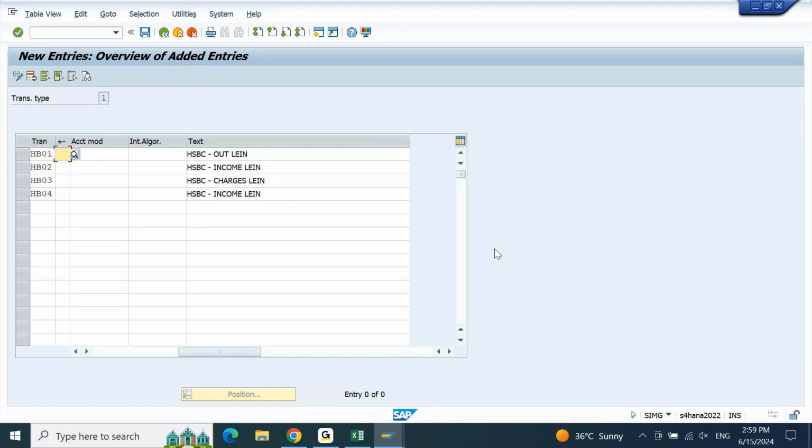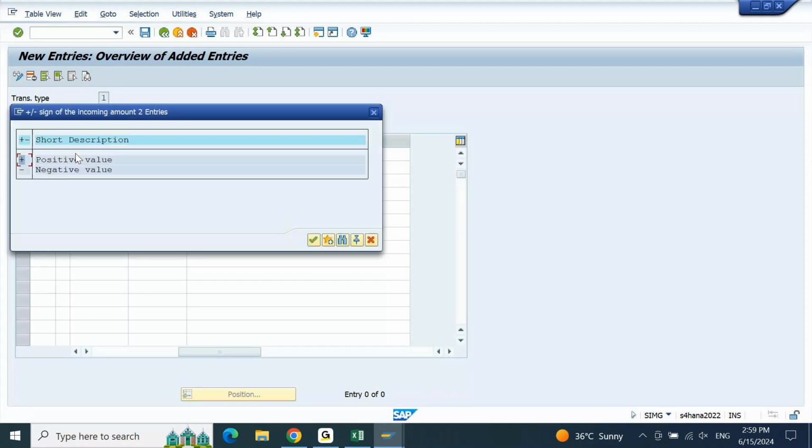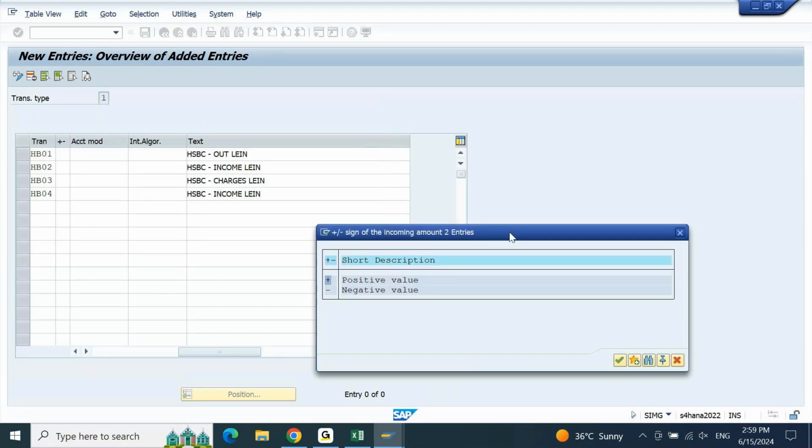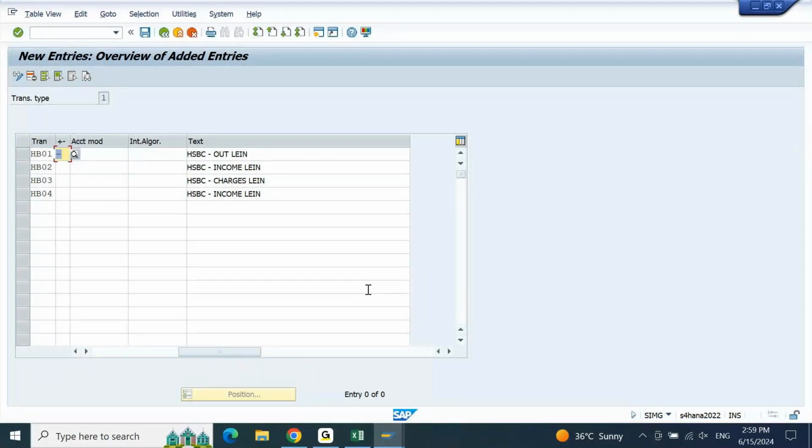Now, as we discussed, it is going to be represented with the help of plus and minus only. Whenever you are talking about outgoing, if you open the drop down, your outgoing amount is always a negative value because outgoing will reduce the bank account balance. Any amount which is reducing or decreasing your bank account balance is a negative value. I'm going to choose minus because my outgoing payment is going to do a minus from my bank balance. Reduced means minus. When I'm talking about incoming payment,